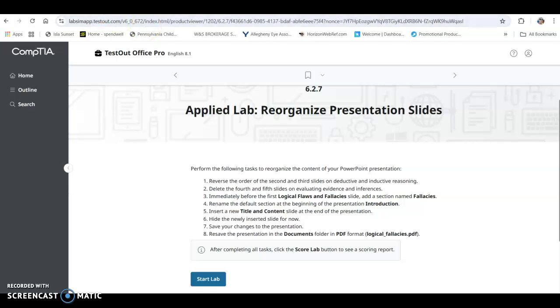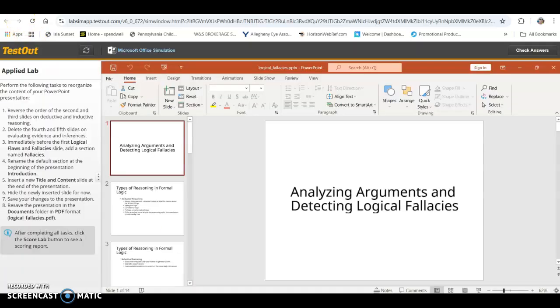All right, this is our 6.2.7 Applied Lab Reorganizing Presentation Slides. After going through the skills and the challenge labs, the applied lab should be relatively easier for you. So I'm going to go through these kind of quick so you can replay them, pause them, whatever you need